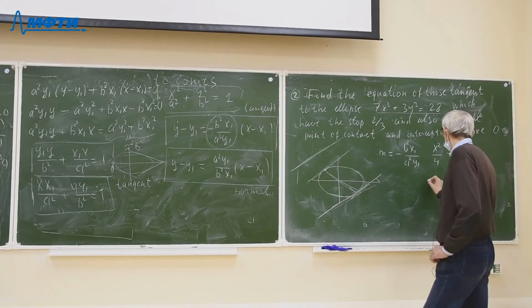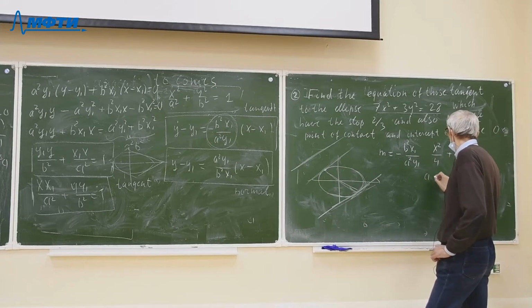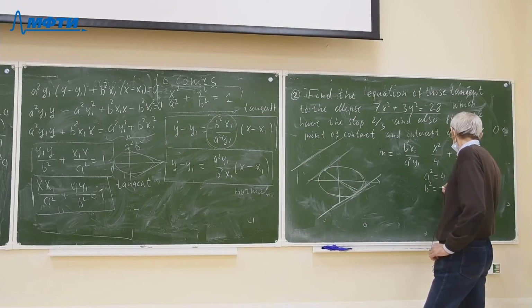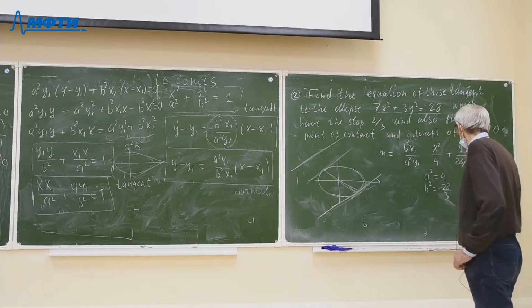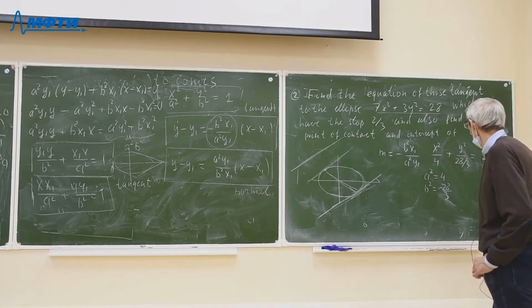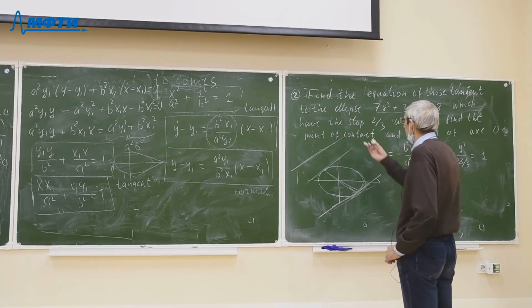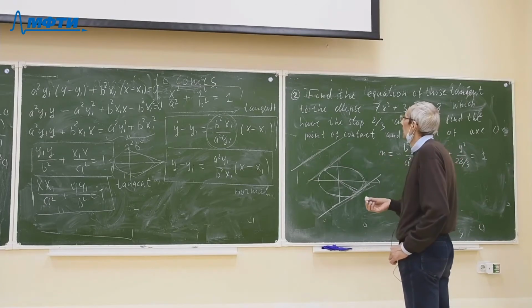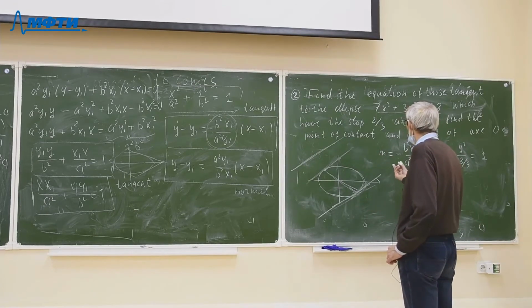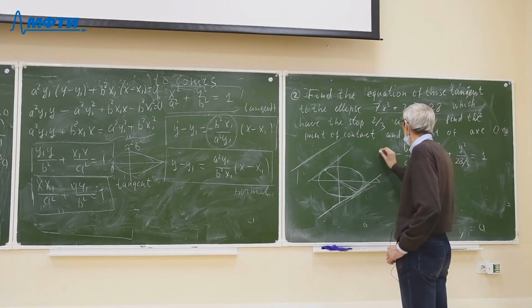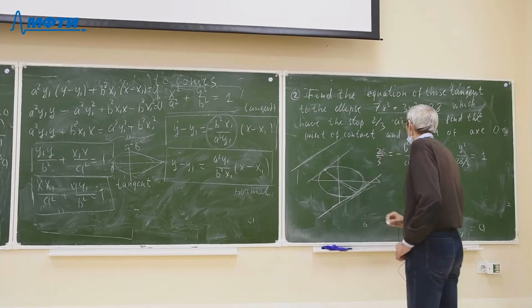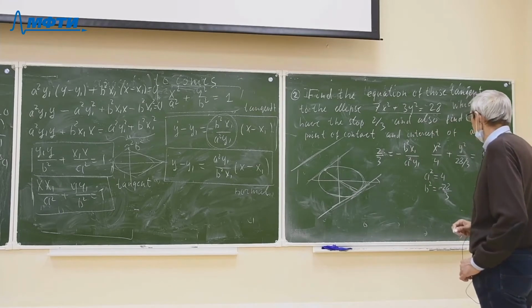And we obtain that a square is equal to 4, b square is equal to the ratio 28 and 3. And given that m is equal to 2 divided by 3,